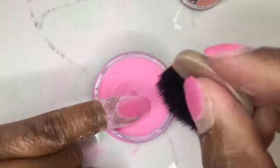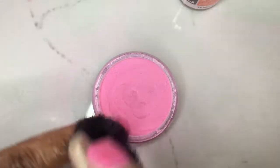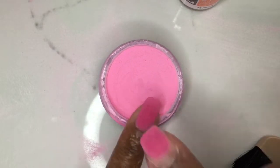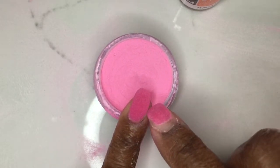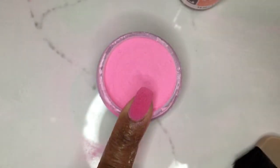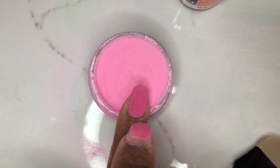Sometimes I will take the brush and press in any extra product, especially if I don't think that it adhered to certain areas, and so you just saw me doing that. With this product, this is sort of what you want to do. You don't want to have product on the sides. You don't want that product build up on your skin because now you have to file your skin,